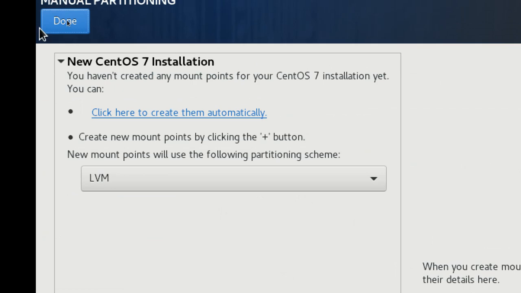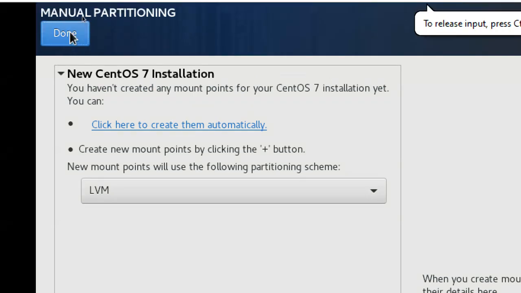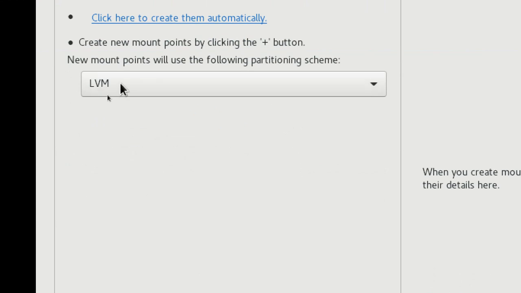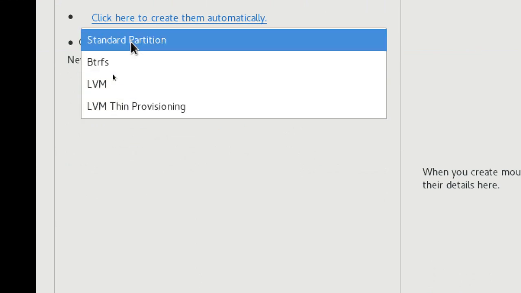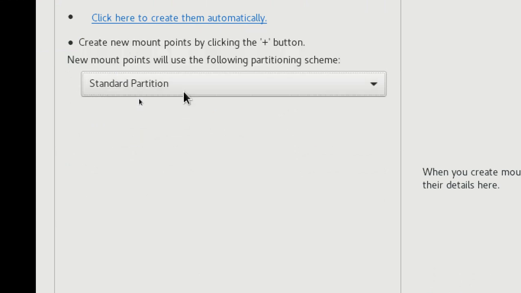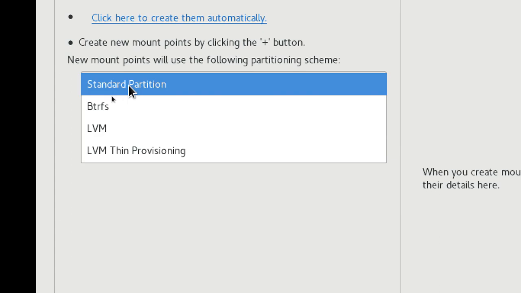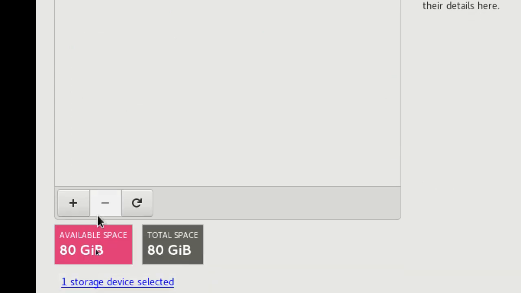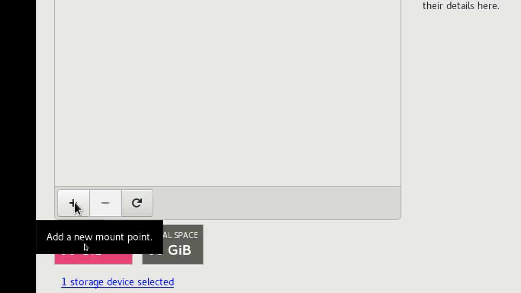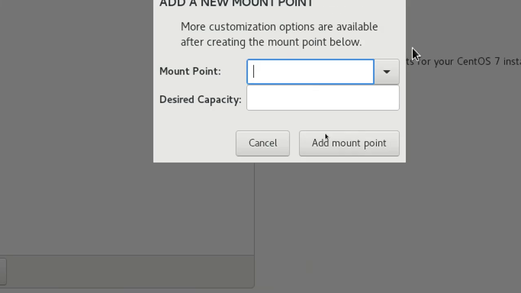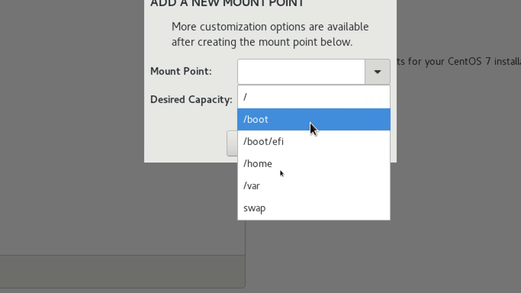This is LVM. Whenever you click done, it goes to manual partitioning. So what you will do? Go to LVM, change LVM to standard partition. Once you go there, click plus. Here the mount point is showing.